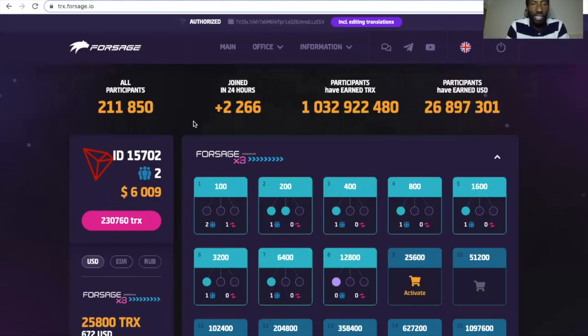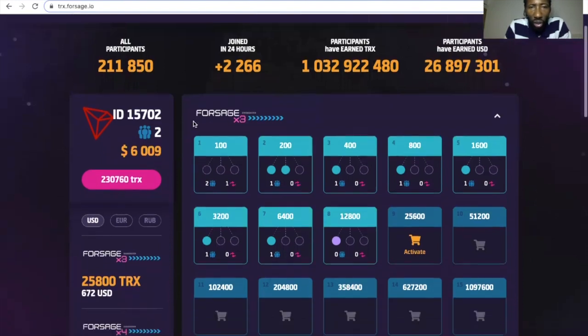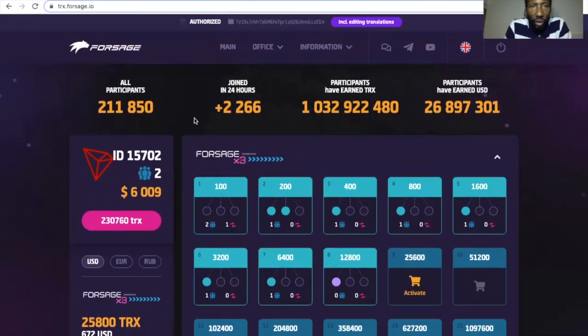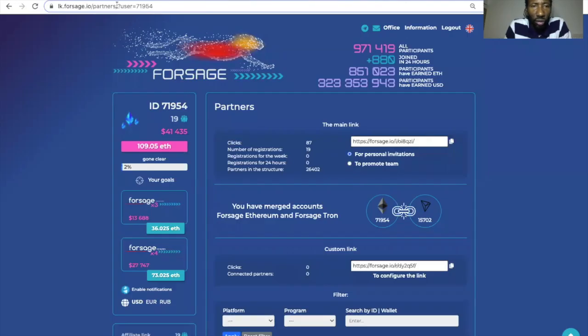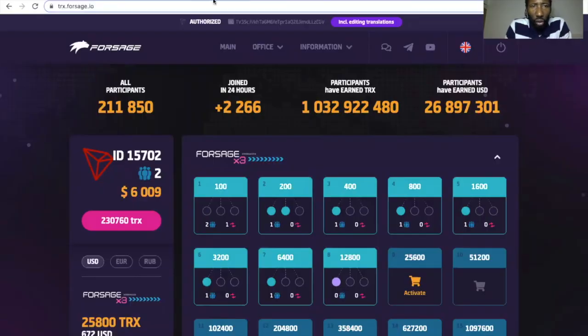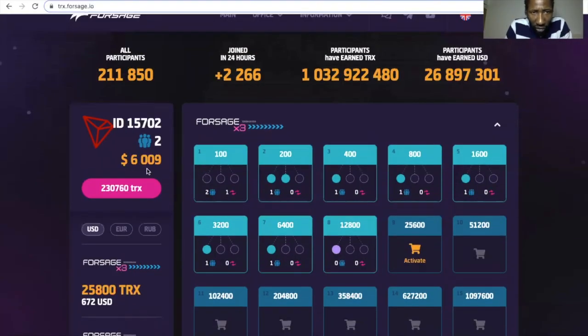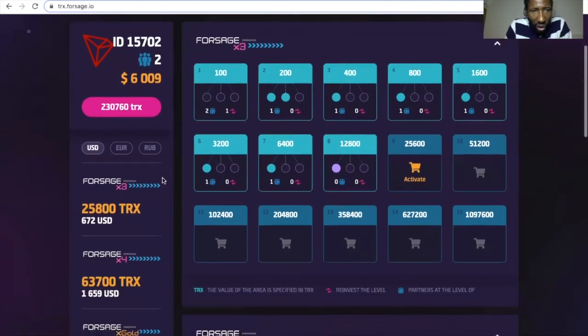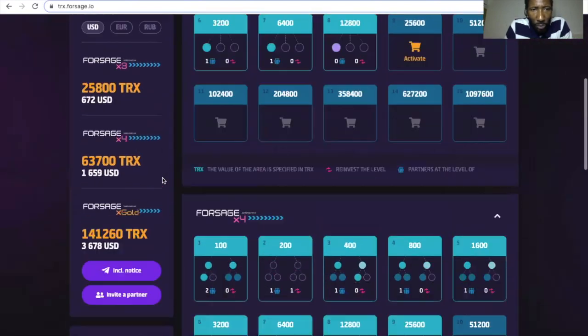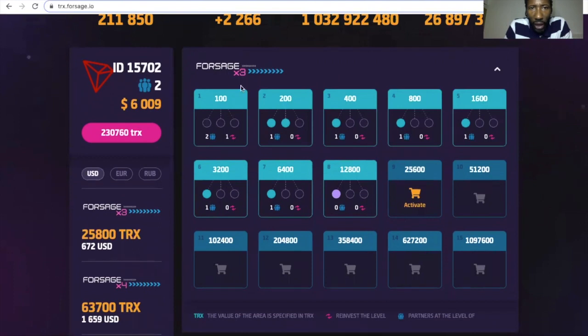The second part of Forsage, which is on the Tron blockchain, is the one that started 5 weeks ago. As we can see, the one that I started in May, I made that amount. And on the one that I started 5 weeks ago, I've made $6,009 over the 3 programs. So we've got X3 again,